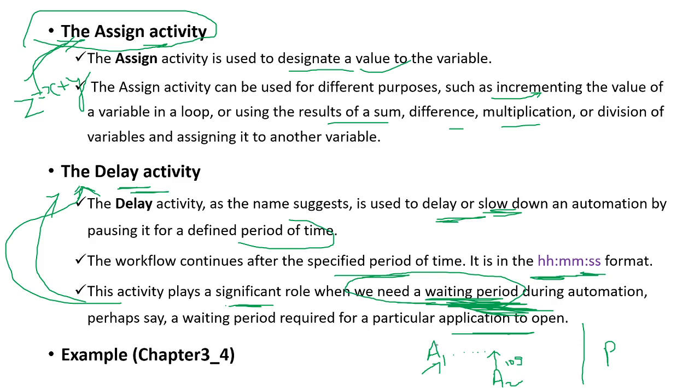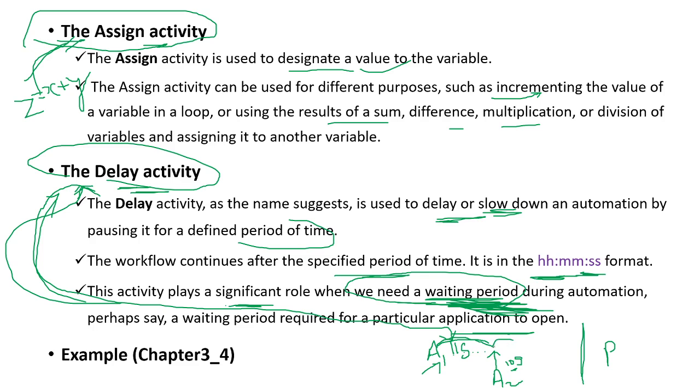Why? Because when we trigger the robot, it will immediately start application A1 and expect A2 to be started immediately. But because of hardware or software configuration, A2 can't start immediately, it needs some seconds, like 10 seconds as I said. As a result, if there was no delay activity, you could not automate this process at all. With the delay activity, you can introduce some delay here, for example an 11 seconds delay, so that after waiting for 11 seconds, it can start using or opening application A2.